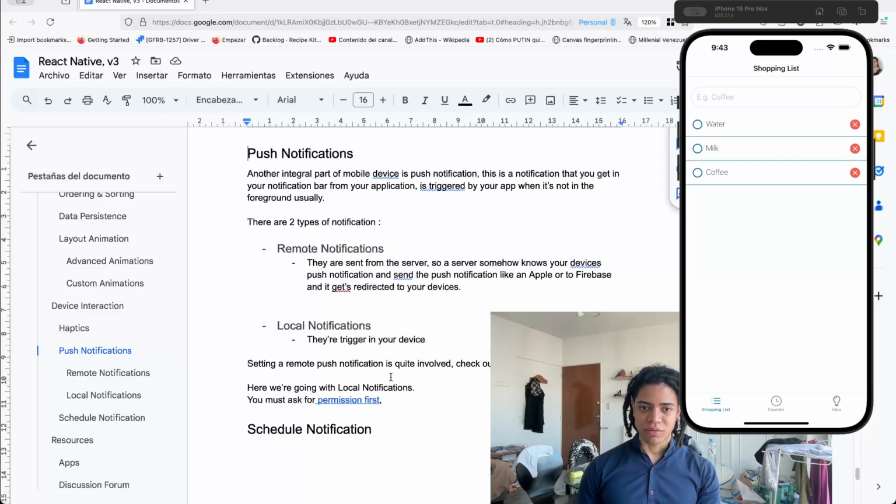So we have remote notifications and local notifications. Remote notification is sent from the server, so the server somehow knows the device push notification and sends a notification like to Apple or to Firebase, and it gets redirected to your